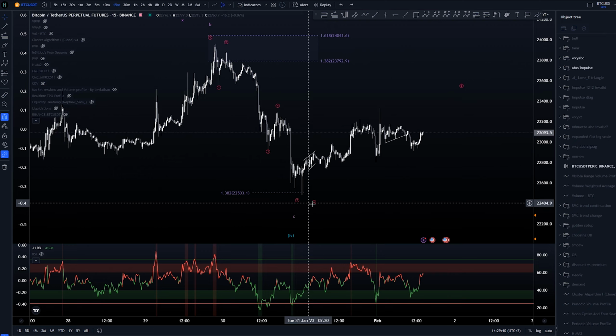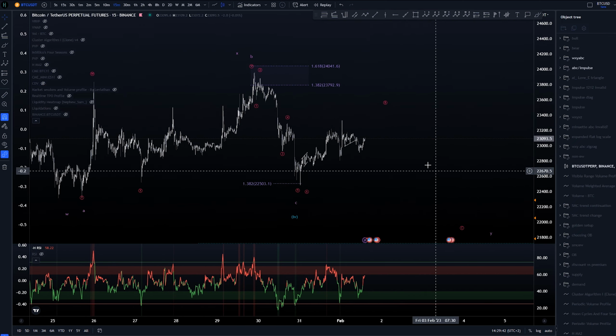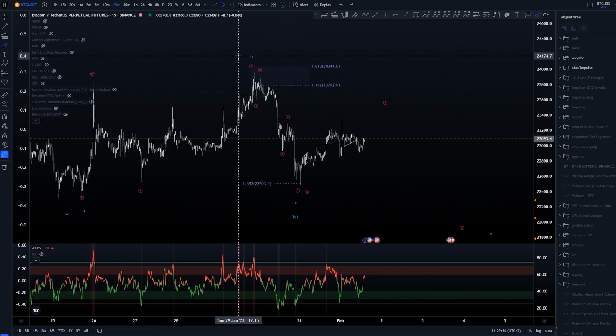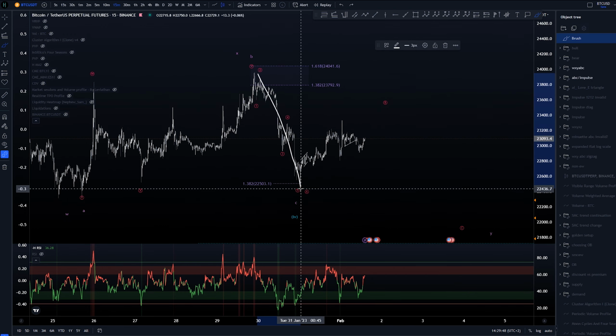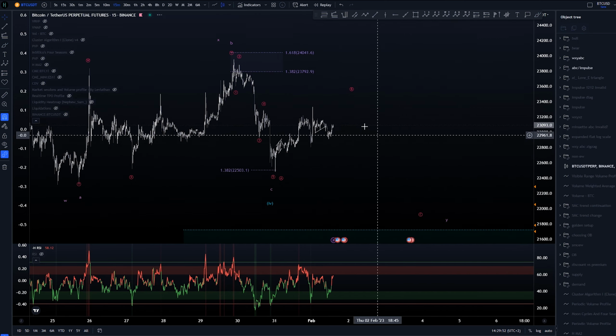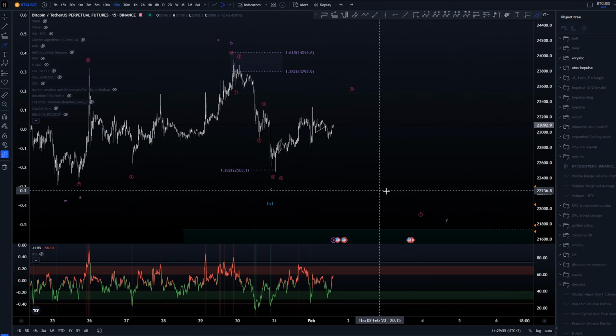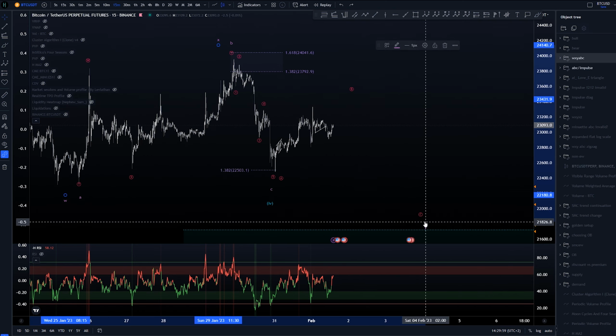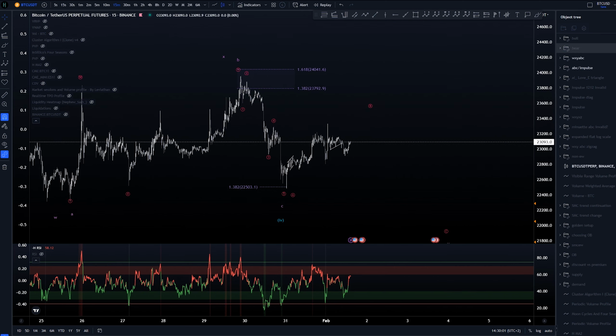At that point, we have two options. Either this is the B wave and this is the end of something with this 5-wave move, or this is an X wave and this would be a start of something in the form of an A wave instead. So A wave, then we would be looking for a B wave, and then C wave down, creating this 3-wave structure for that wave Y overall. So let's take a look at the bearish scenario.